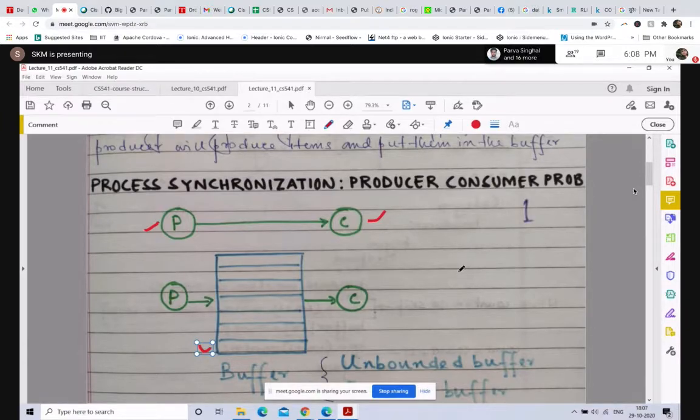Also, in the case of unbounded buffer, your consumer process C has to wait if rate of consumption is more than production. Okay, so both these cases, a bounded buffer and unbounded buffer, will have some challenges that need to be addressed. Anyway,